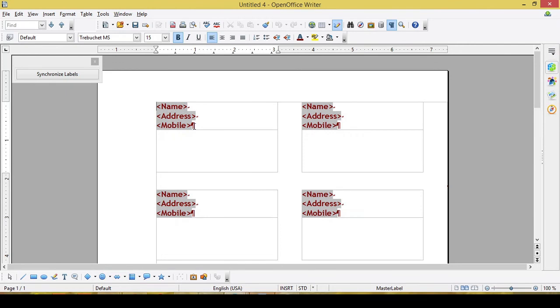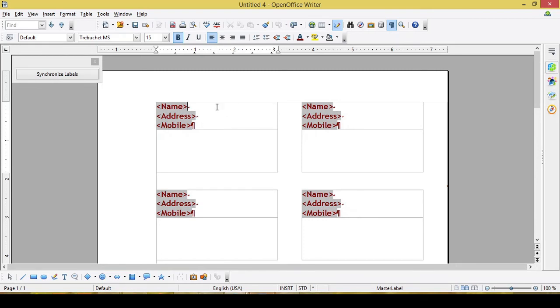So when you click on this, you can see this. This is the paragraph mark, and this is a line break. This is also a line break, and this is the paragraph mark. Now you can see the address field separation is created by a line break instead of a paragraph mark. So what you have to do is replace this line break with the paragraph mark.